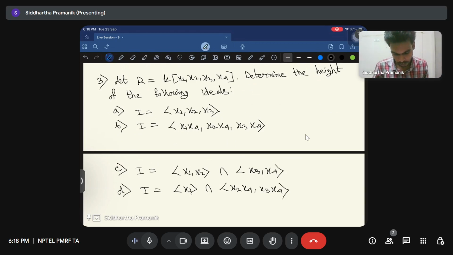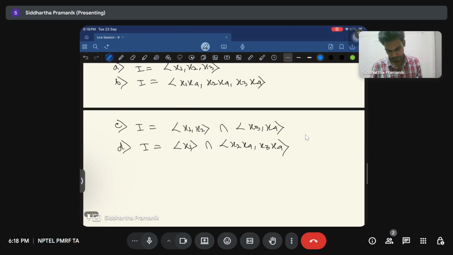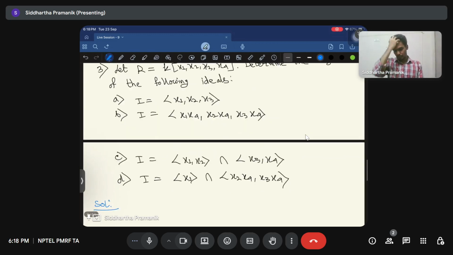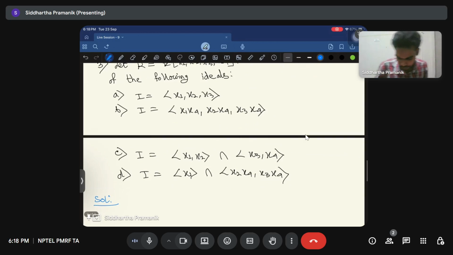Okay, so let's do these 4 examples. Okay, so the first one,